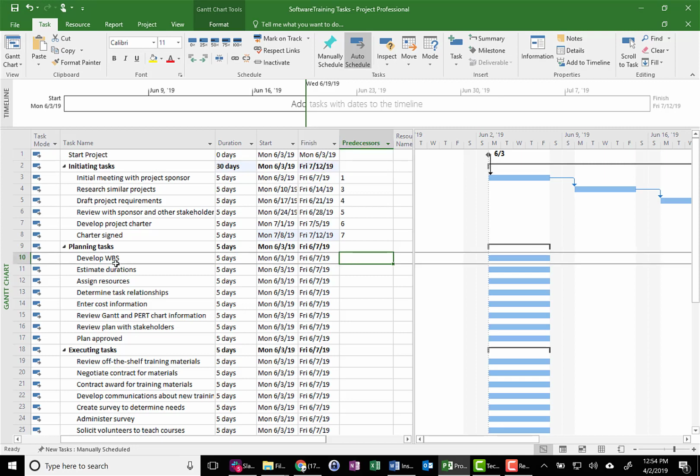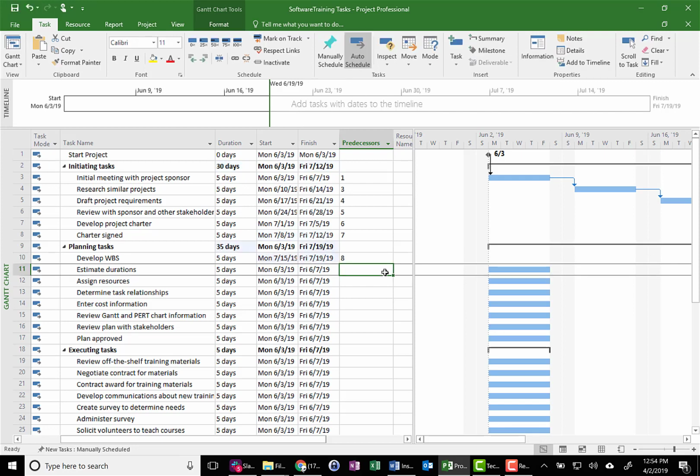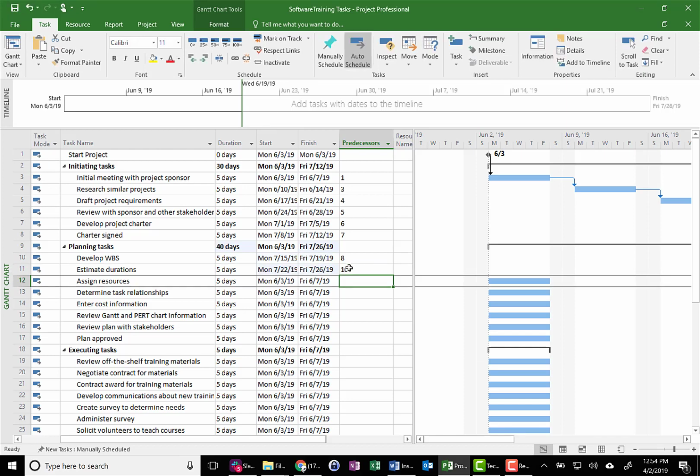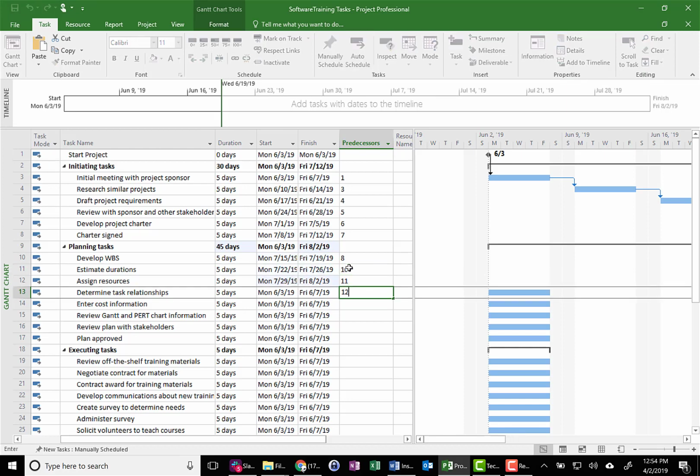So when we come down here, we're going to link subtask to subtask. So the subtask to link Develop WBS, which stands for work breakdown structure, is subtask number 8, not 9. Don't do that. And now we're just going to proceed forward. The next task is going to be linked to subtask number 10. Now we can just enter through here